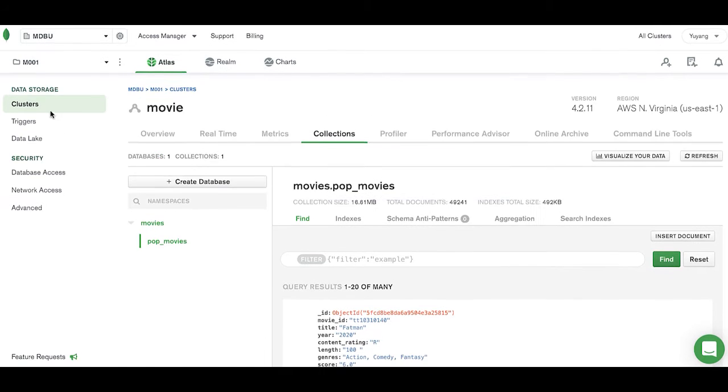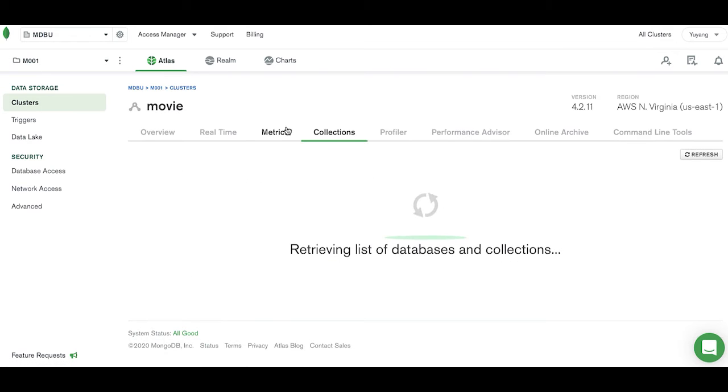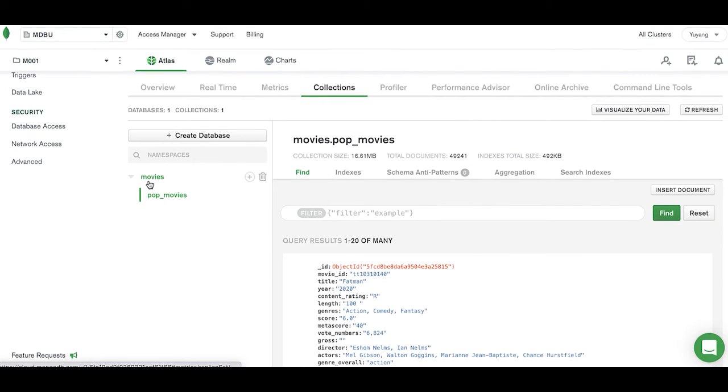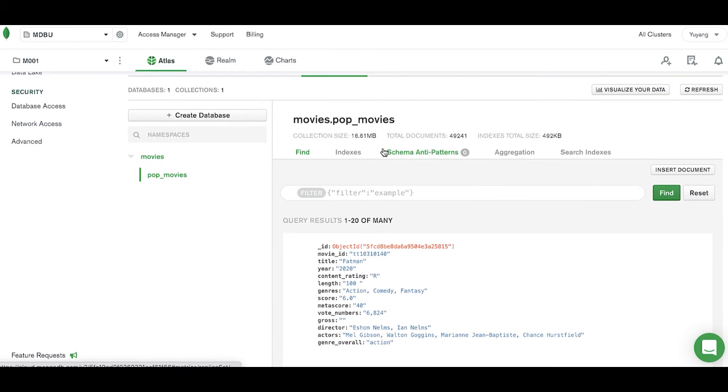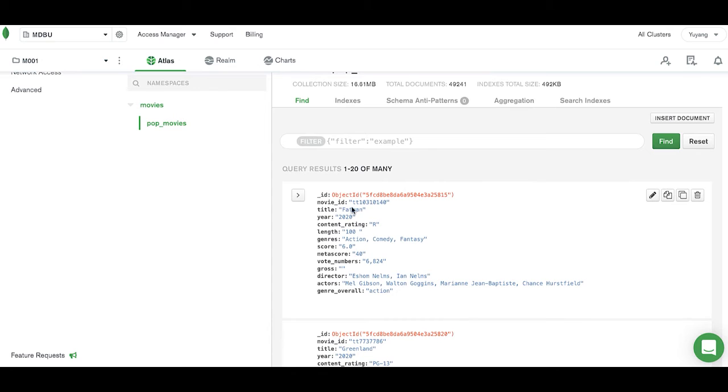As we move to our database on the cloud, we use MongoDB on Atlas, and here is the cluster. Once I show the collection, as you can see, our database name is movies. We have our collection, pop movies, here. Currently there is this amount of total documents. It includes the first 2 weeks of our data sets, which are already in our database, and we update our database per week. For example, you can see over here, this is an example. It has the ID, movie ID, title, until genre overview.